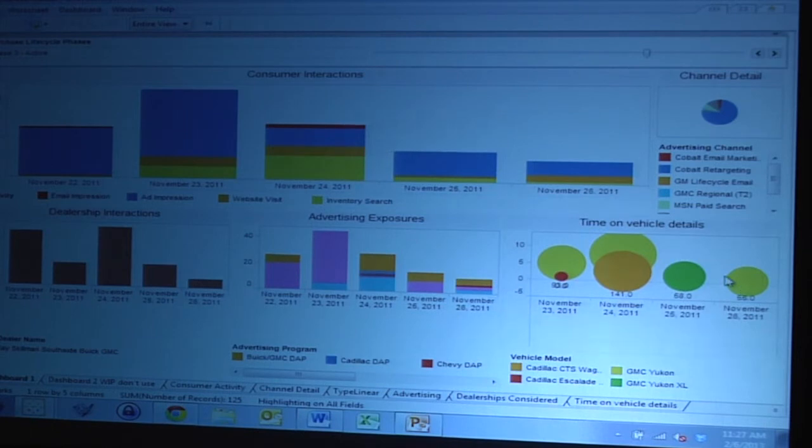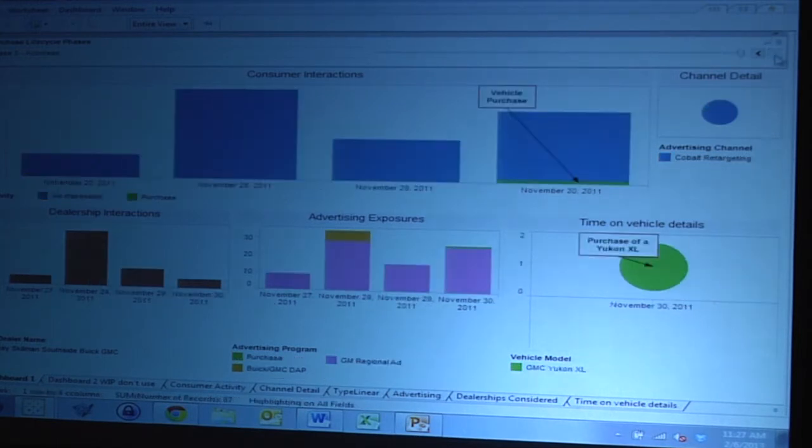And at the bottom right here, we also start to see more diversity of models looked at. The very first model this consumer looked at was a GMC Yukon, I believe. And we see him starting to dabble here with Cadillacs and other models in the shopping process, examining alternatives. And then finally we go into a purchase phase where this shopper stops interacting online entirely. He goes quiet, isn't going to dealership websites, isn't interacting with advertising, and now looking backward, makes a purchase 4